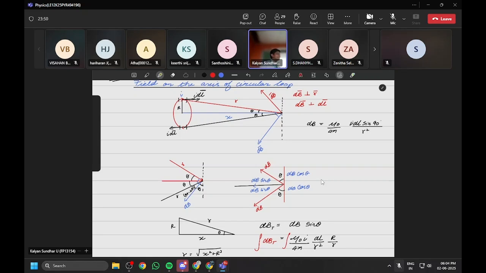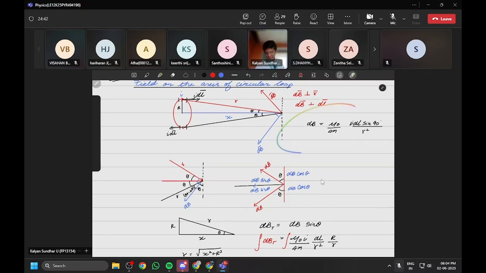Now I have taken the current element at this place, correct? The current element is always taken along the tangent. Just imagine the current goes like this, into the page, so the current is in this direction. Curling at this point, it will be like this. For this element, how much will it be? 90 degree. Similarly I have taken one below. This is the current direction, right? It goes in and comes out here. Where it comes out, how will it go at this place? 90 degree to that ideal vector. Now do you understand? So how much are they making? 90 degree with the ideal vector. That is why dB will be perpendicular to the r vector as well as perpendicular to the dl vector also. Now next comes, this is your normal Biot-Savart's law,